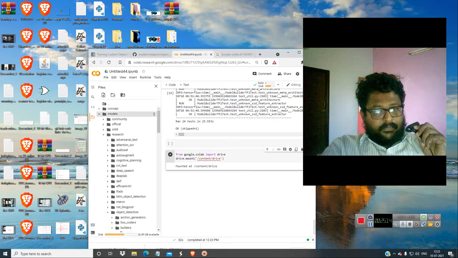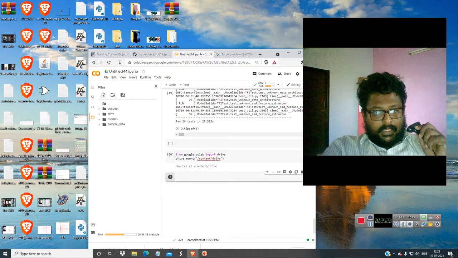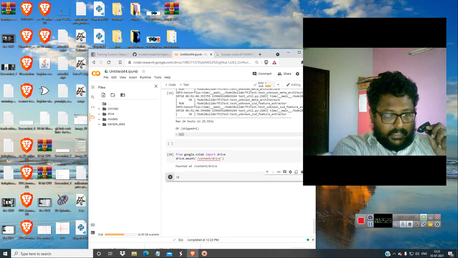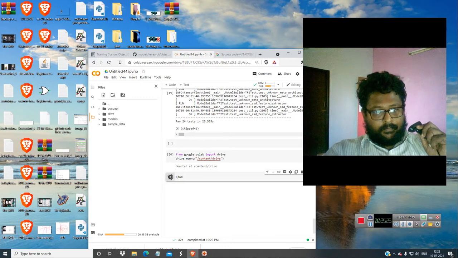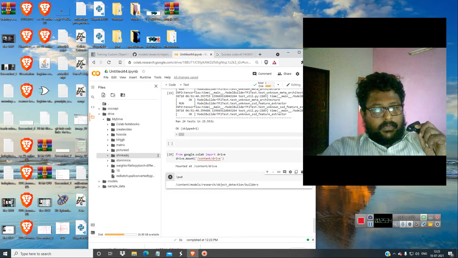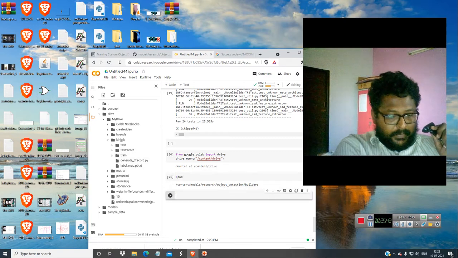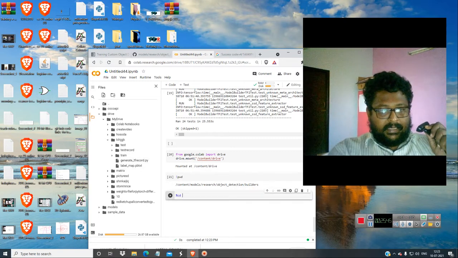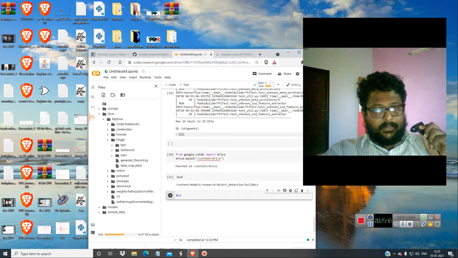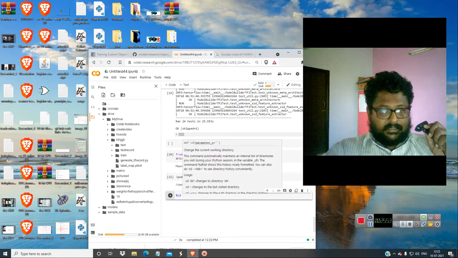Now refresh everything. Check which directory you are in. Present working directory, just type pwd. Now we have to get out of this directory and go into the drive folder, into the folder where you have test and train. These others are not needed, only the test and train folders we have given. So get over here and type %cd. These test and train folders, where the images are, we have given. Copy path and then give this.